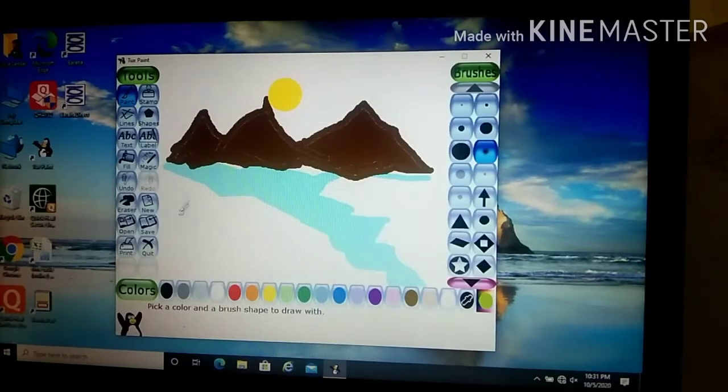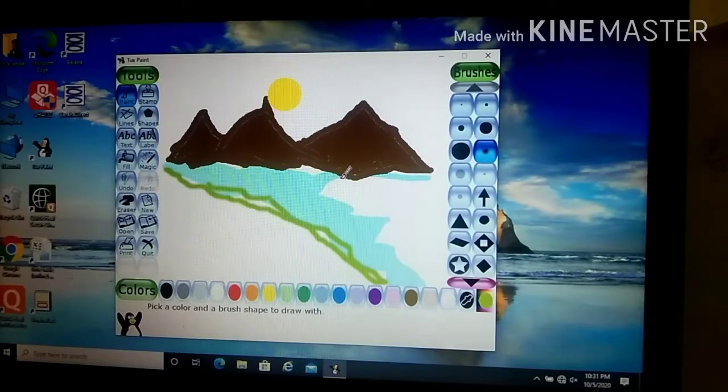Like grass we can make it. This tool is called the haze brush. You can see it is not a dark one, just like a blurred option. So this is the way you can draw.